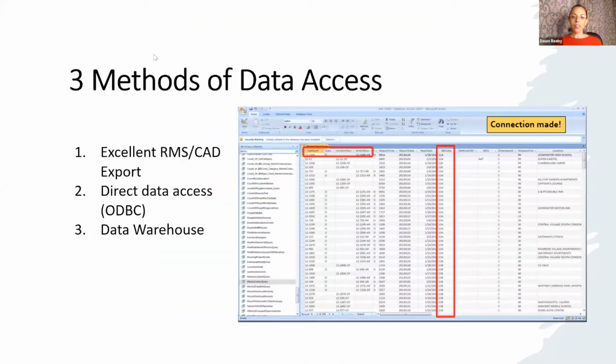So let's start with the data access. There's essentially 3 ways of accessing your data. It really depends on the size of your police agency, but here are the 3 main ways to access your data, because data access is critical. If you are from an agency and you are relying on IT or someone else to get your data for you,